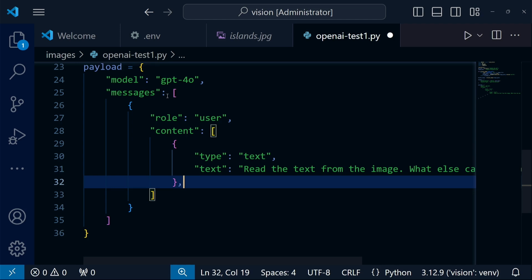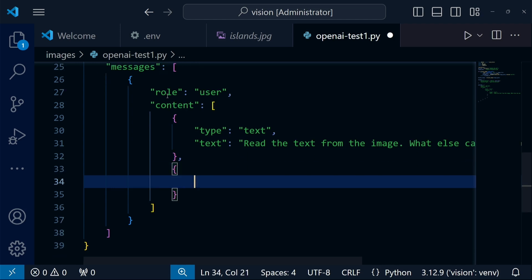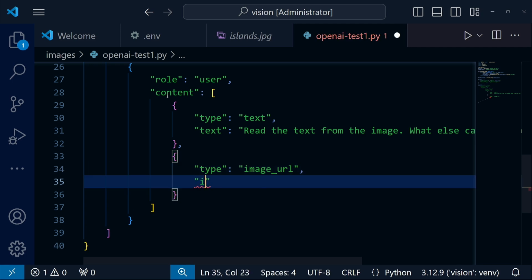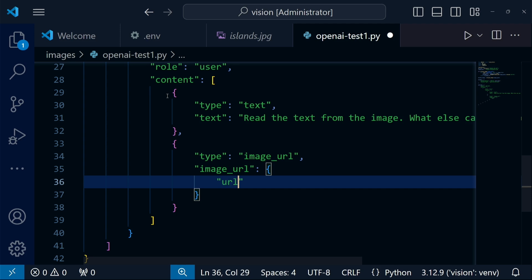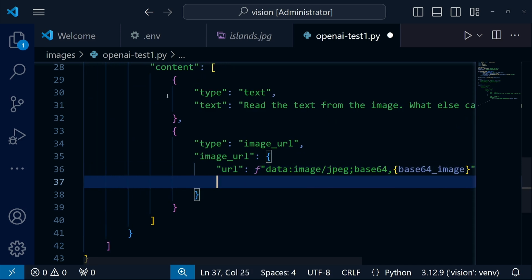We already have the text defined. Now it's time to focus on the second element, which is the image. Specifically, we define this as the image URL. Of course, in our case, it won't be a classic URL because we aren't hosting the image anywhere. But the content of the image can also be included in the URL, which is exactly why we encoded it to base64. Of course, there is no point in memorizing this notation because you can always find it in the documentation. However, note that image_url is also a dictionary consisting of two elements. The first is, of course, the URL, while the second specifies the level of detail.